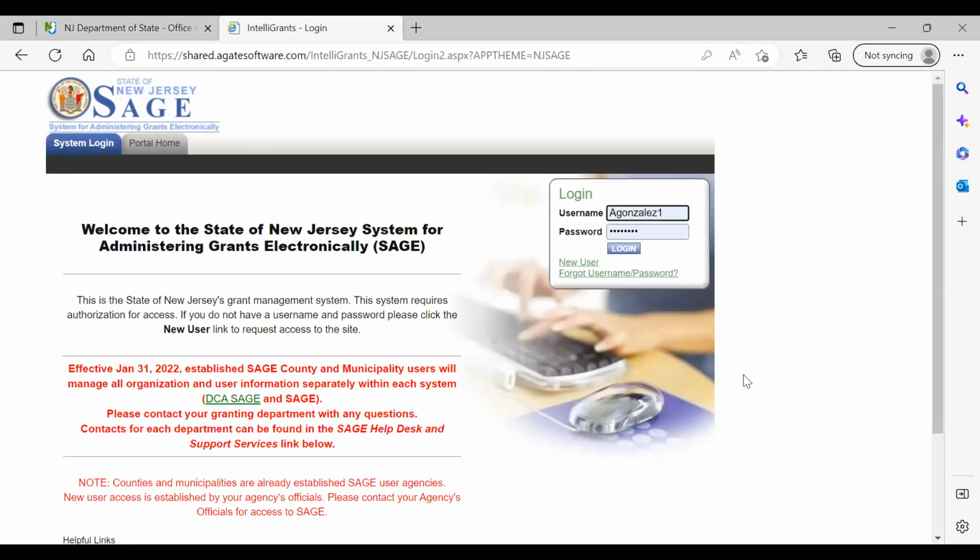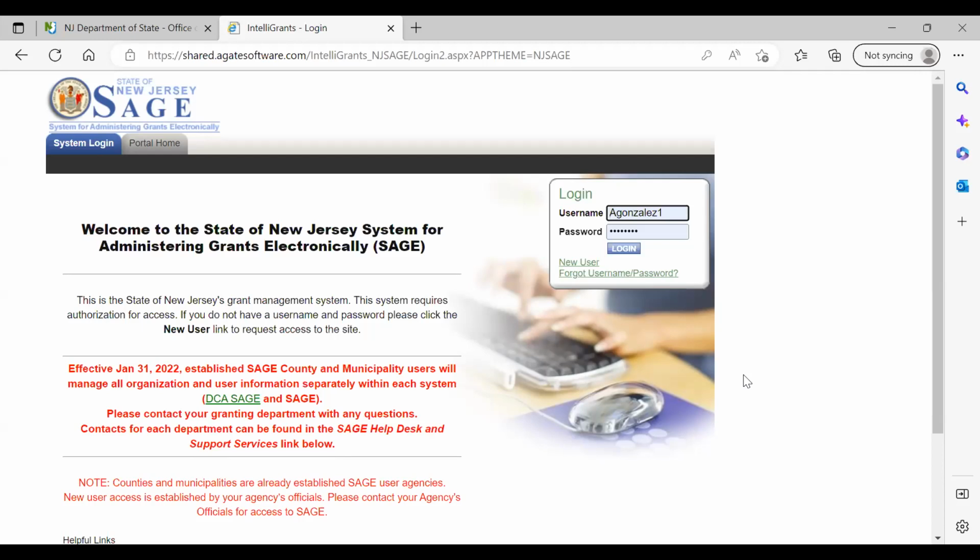And what's going to happen is you're going to get a randomized email of letters and numbers. Now, what most people try to do is they try to copy and paste that number and insert it in password. And what's going to happen is Sage is not going to recognize that temporary password. You're going to have to insert each character individually and then click login. When you log in, Sage then takes you to a different page and says, now create your new password, and then it logs you in.